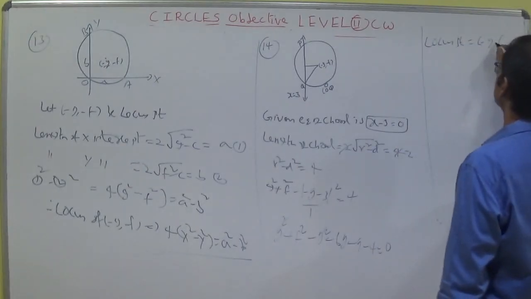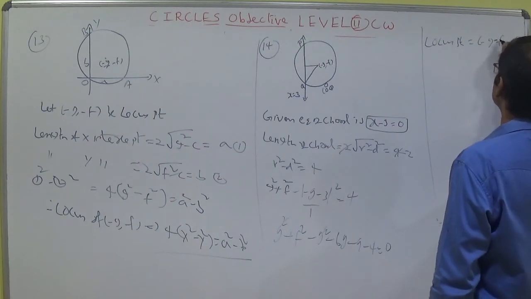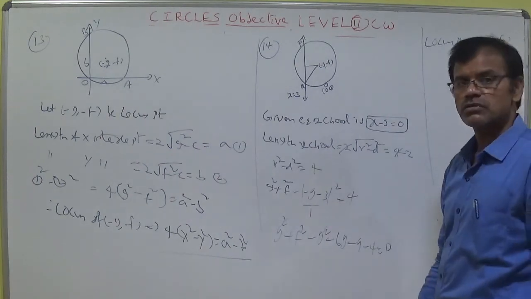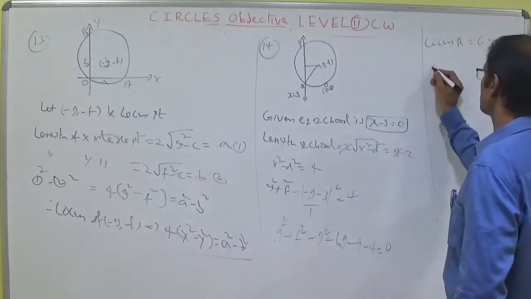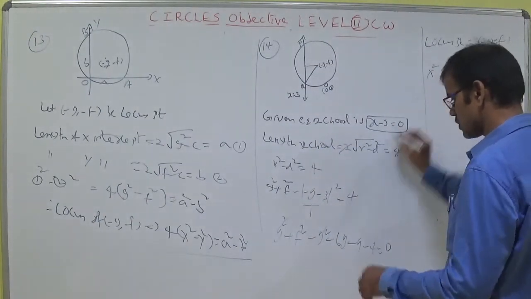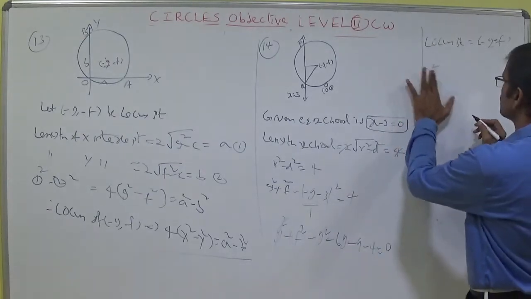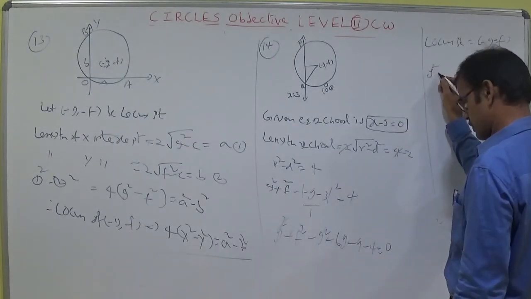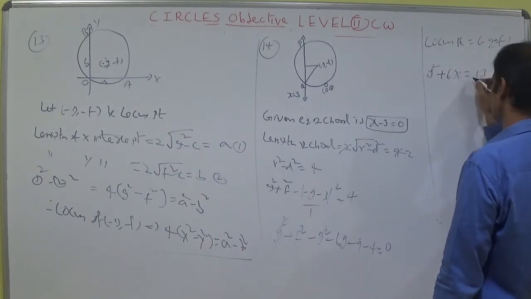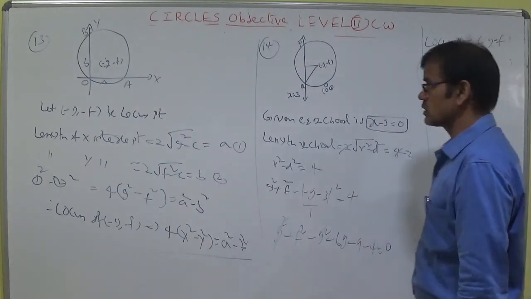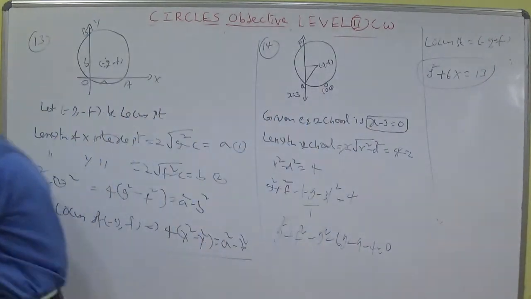The center point is minus g comma minus f. So instead of minus g you put x, instead of minus f you put y. So you can write here x; g square got cancelled, no need to write. You can write here this is y square, minus of minus, plus 6x is equal to 13. You write this is the locus of the center of the given circle in the according condition.